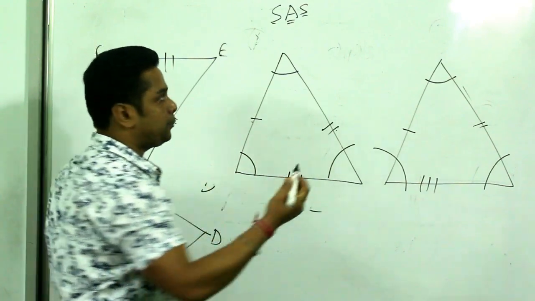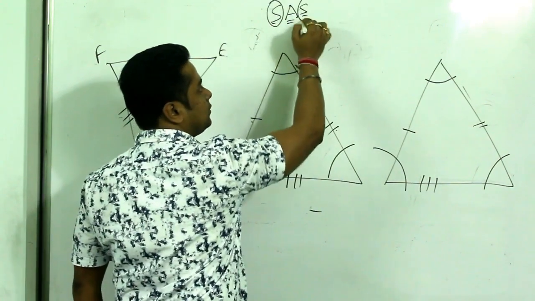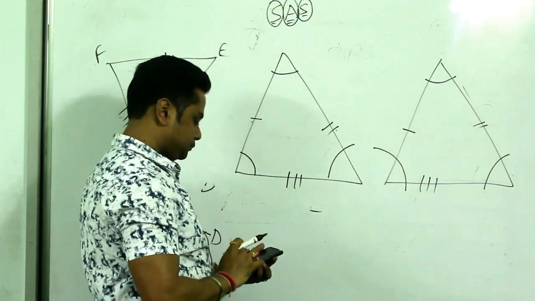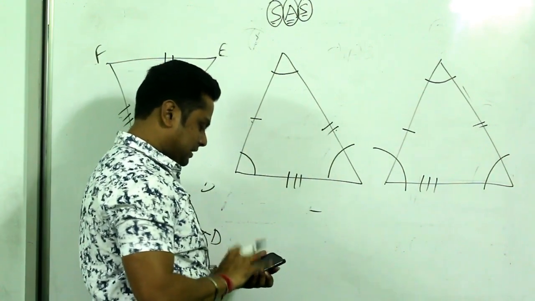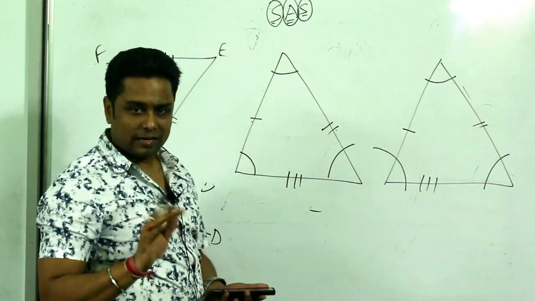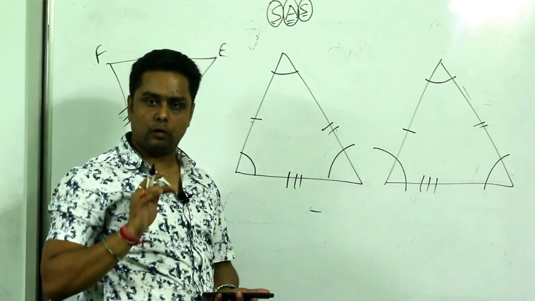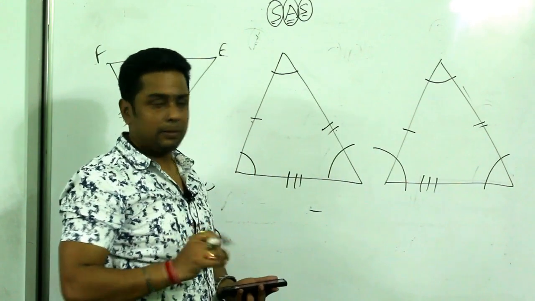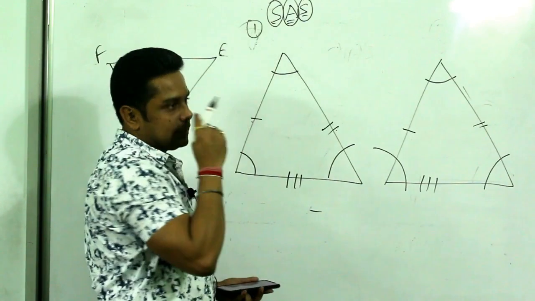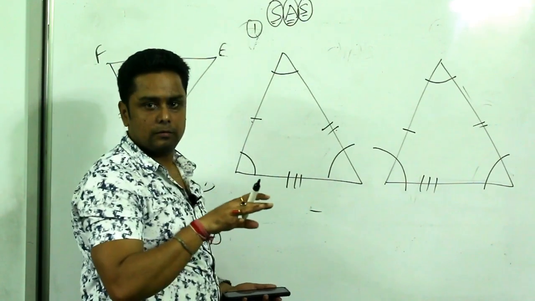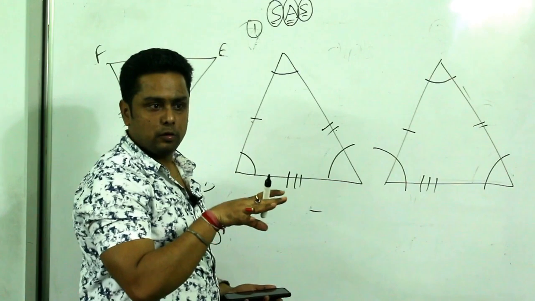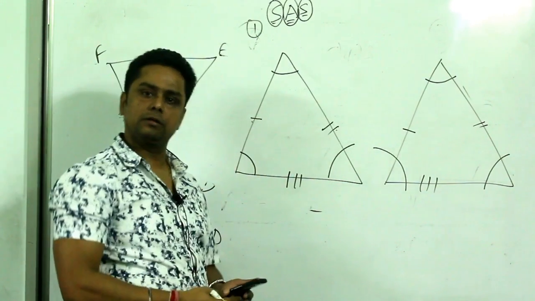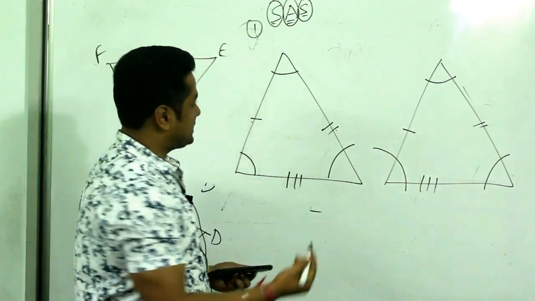Just if I give you one point, what? One side is given equal, one side is given equal, and one angle is given equal. Similarly, see, these are not criterias for a triangle to get congruent. A congruent triangle means all the parameters are equal. But these are, you can say, paths by which you can find, okay, if these two sides are equal and one angle is equal, that means a triangle is congruent. So the second is what?